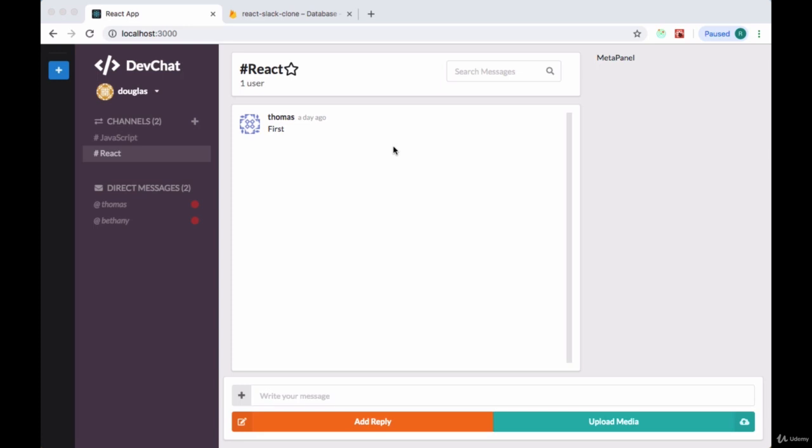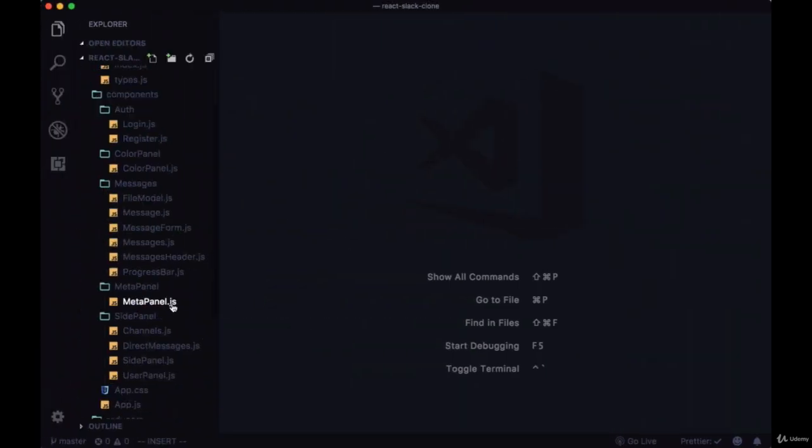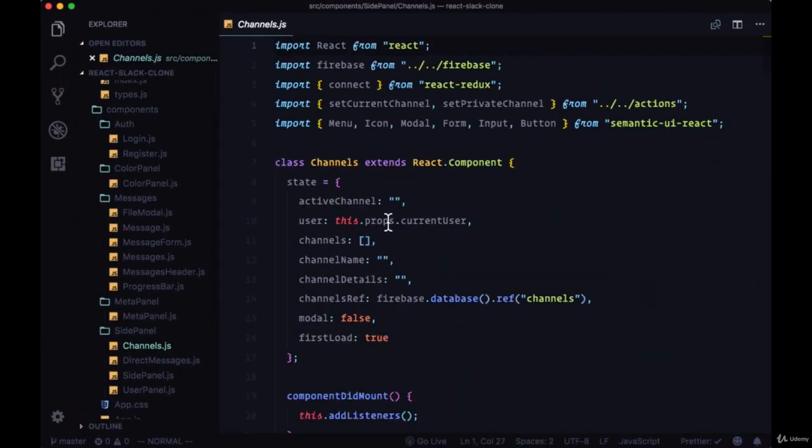Now let's work on adding notifications to our public channels. When we're in one channel, let's see that other messages are added to a channel that we're not on. We'll begin by going to our channels component,